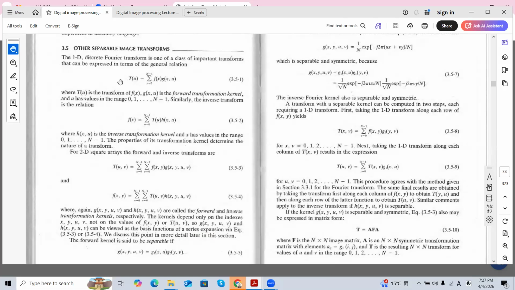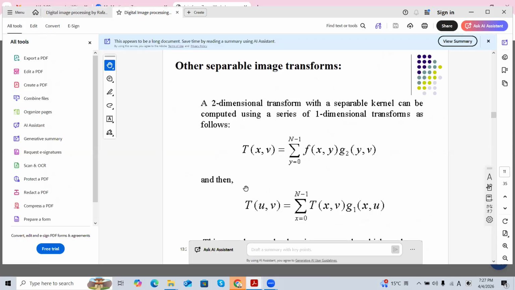From f(x) to T(u). And here the kernel is G, not exponential. So in this case, G can be any function, which I will tell you in detail later. First, let me show you here, for instance, the one-dimensional transformation and inverse transform,